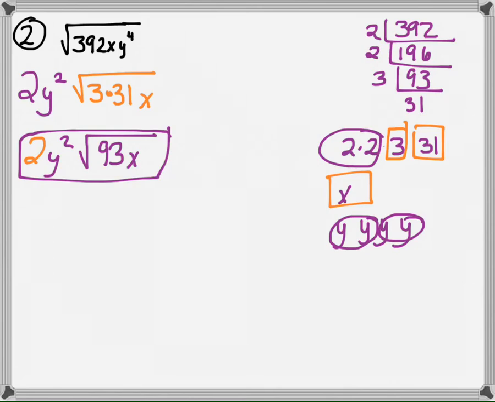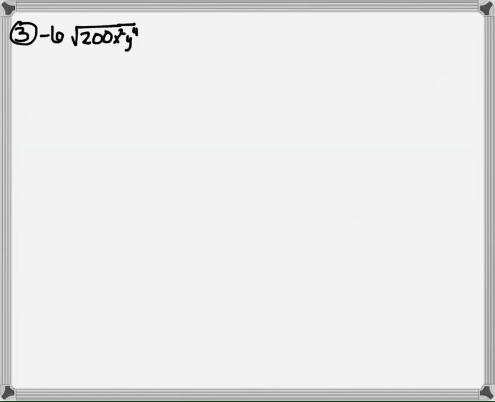Now my square roots, you notice how I keep that line going until I finish up with what's under the square root. That needs to encompass or cover everything that's in the square root. Now this next one, we have negative 6 times the square root of 200 x squared y to the 4th. And so that negative 6 is not under the square root, so I don't do anything with it at the beginning. I'm going to take the 200